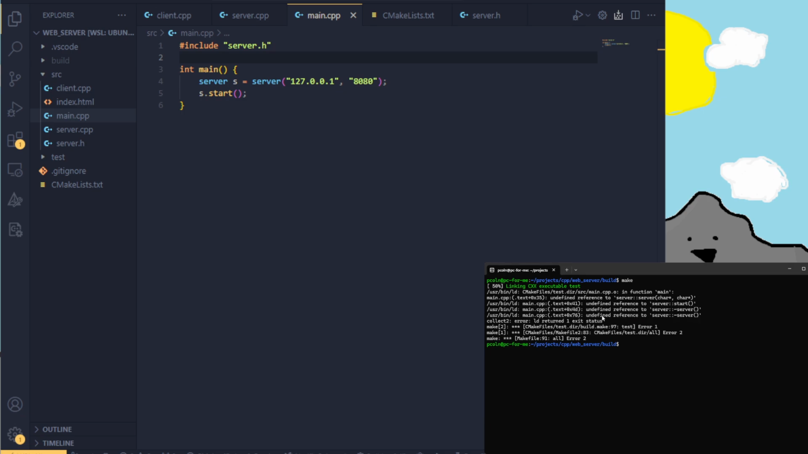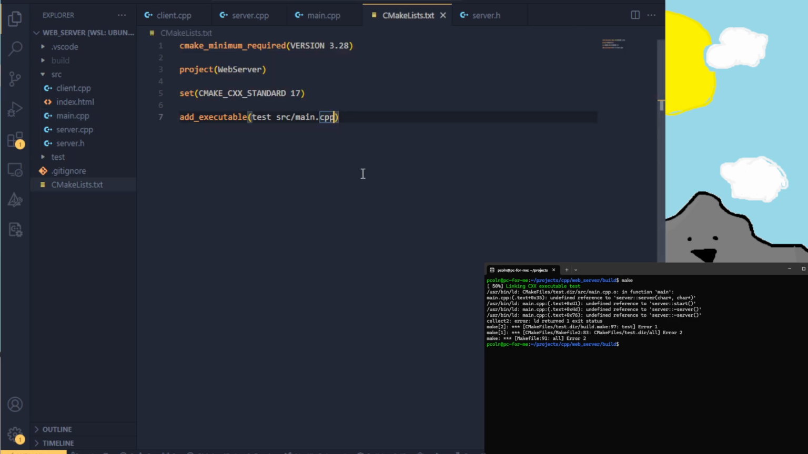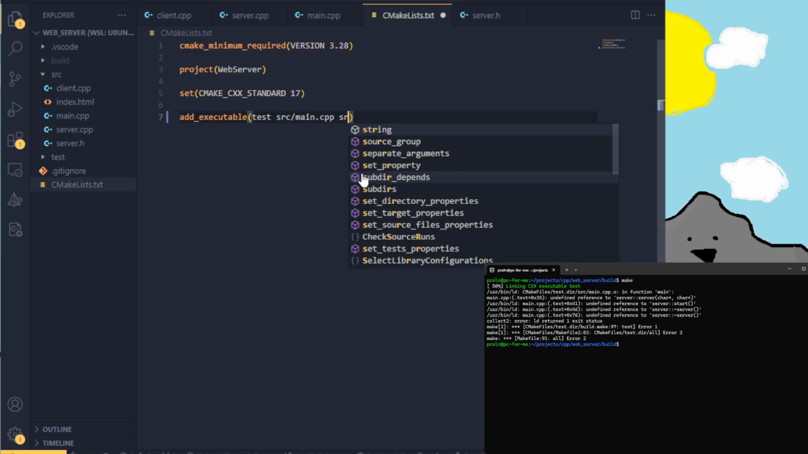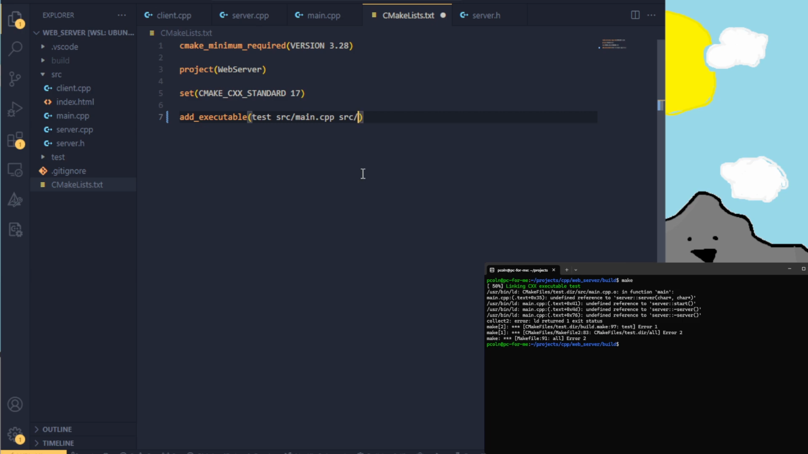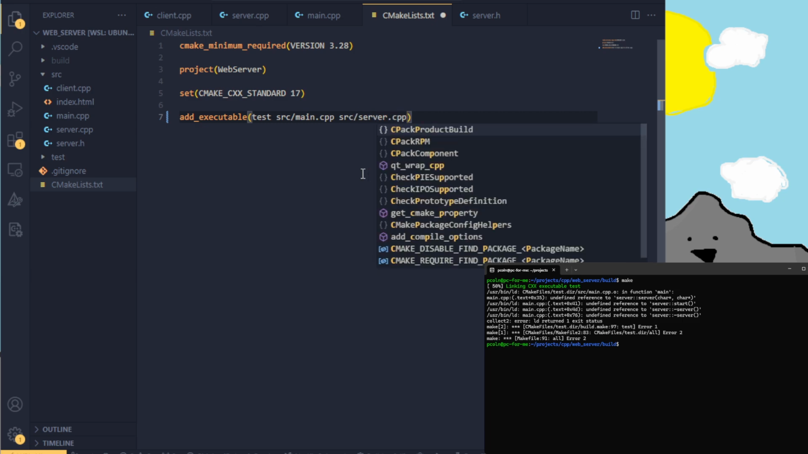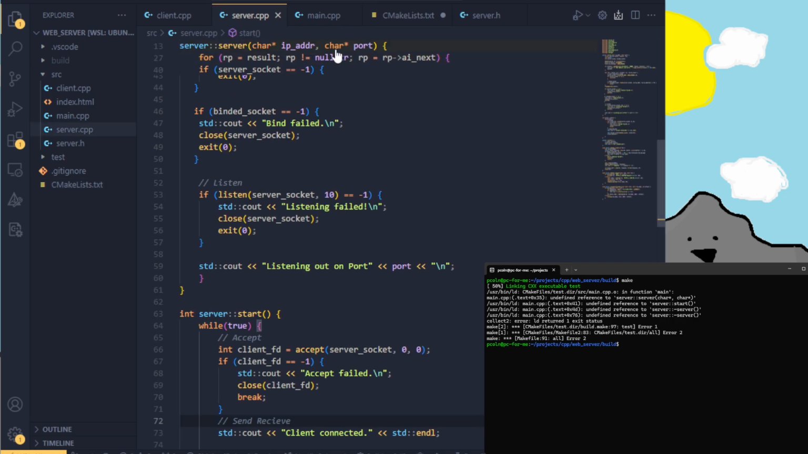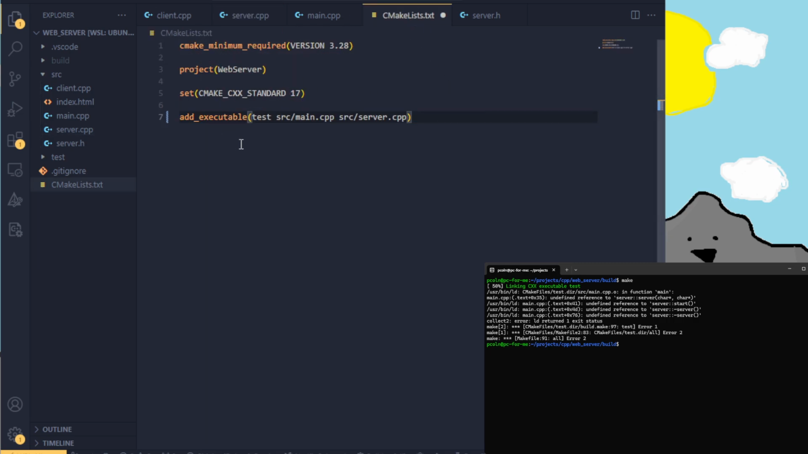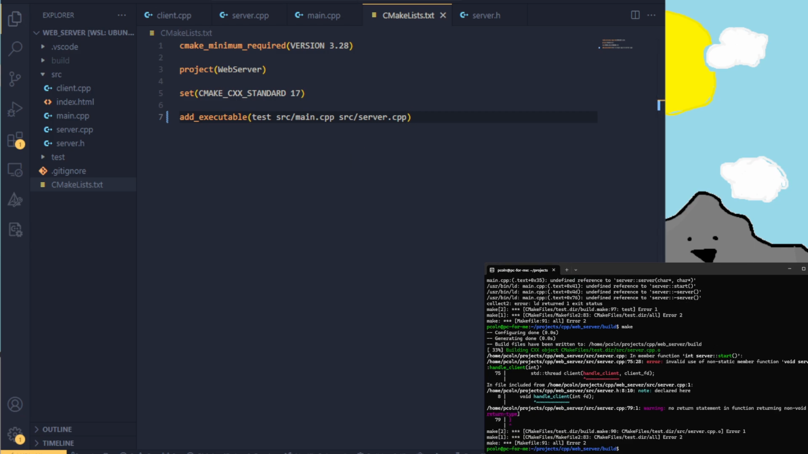And yesterday, when I was making it, I got a lot of undefined references, and then after looking into it, I believe it's actually pretty simple. It's really just that I wasn't including this implementation file, so it wasn't being linked properly from what I've seen. So let's see. So server start, invalid use of